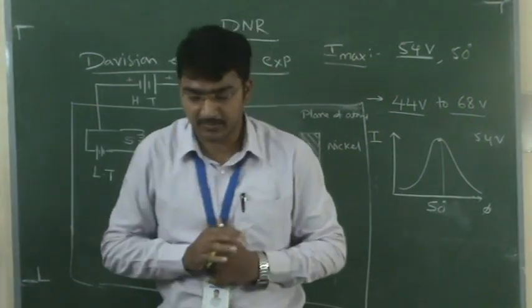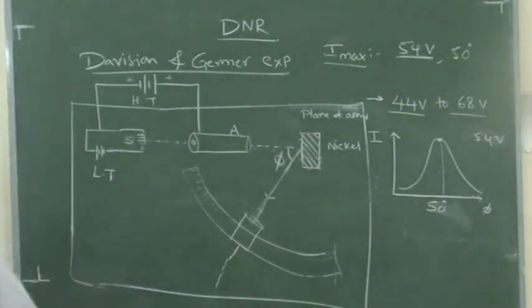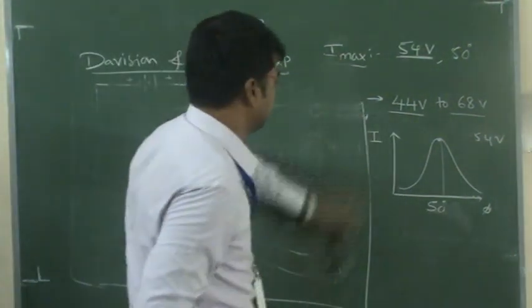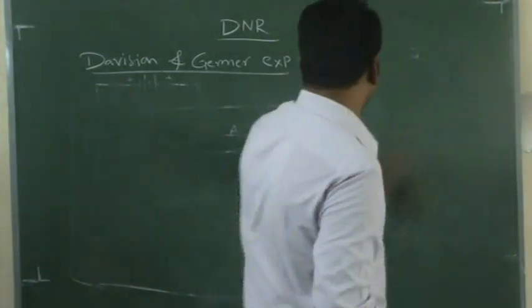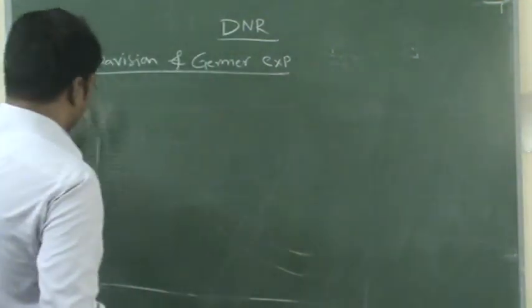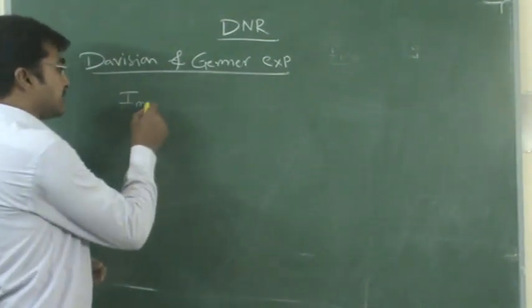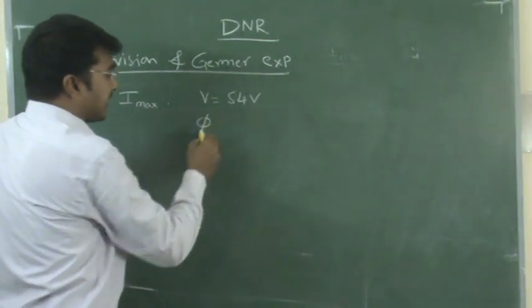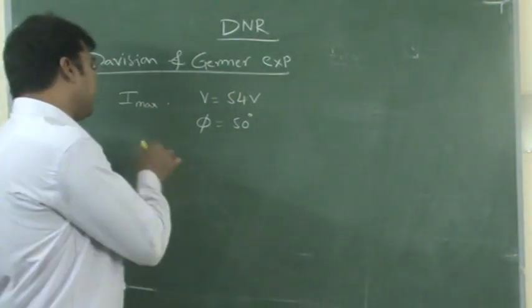So they gave this statement. Then how do we find the wavelength? Let's jump into the next point. This is diagram one, which we already explained. Now coming to how they verified it. When we observe the maximum peak intensity at a voltage of 54 volts and a scattering angle of 50 degrees, as we know, the